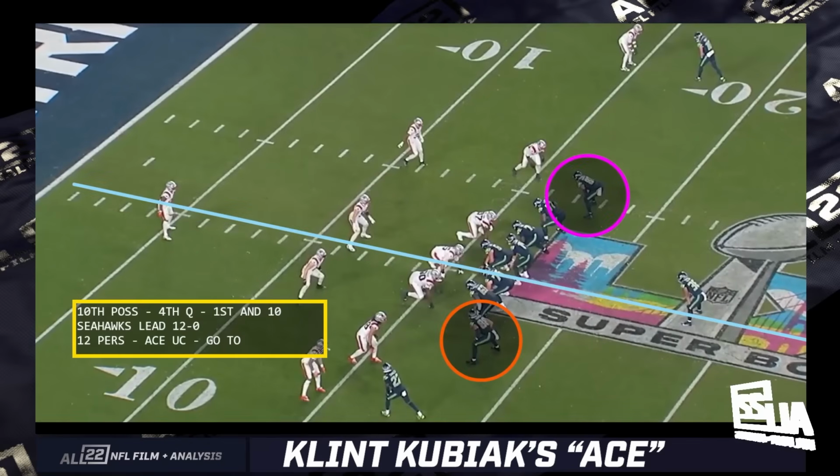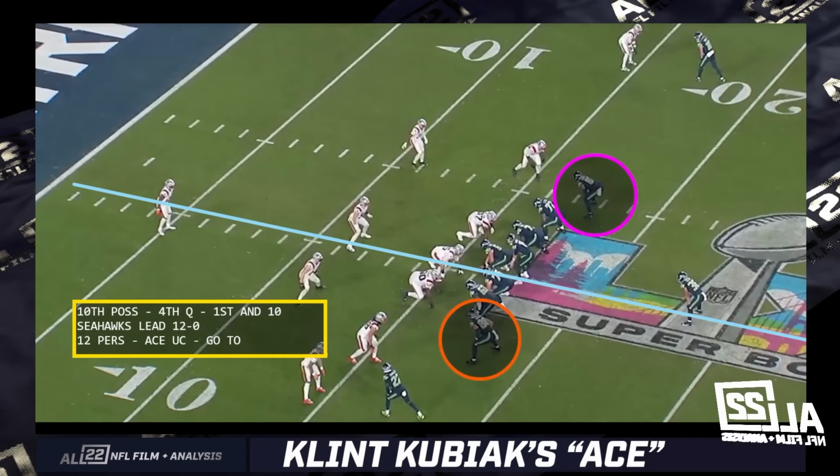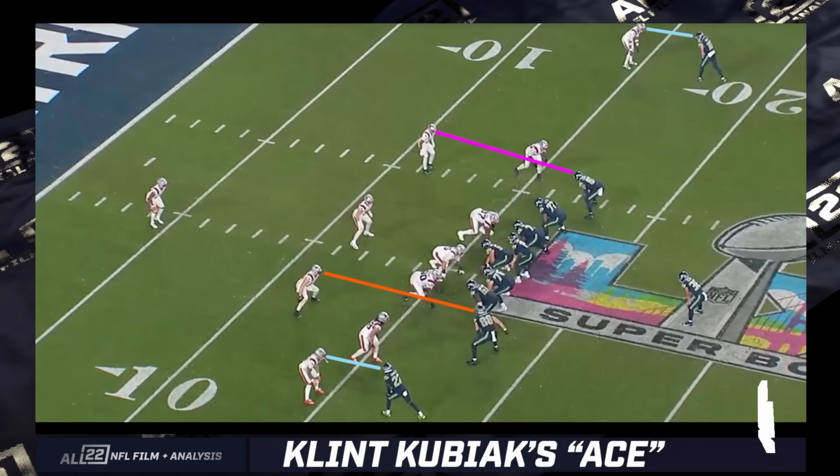So it's a 12 personnel grouping, ace under center, so one tight end to the right, one tight end to the left. Differential width here with Cooper Kupp, and I think that's because of the design of the play. So they're going to motion Barner across. This is the 5-3 look by the Patriots that I kind of previewed a little bit last week leading up